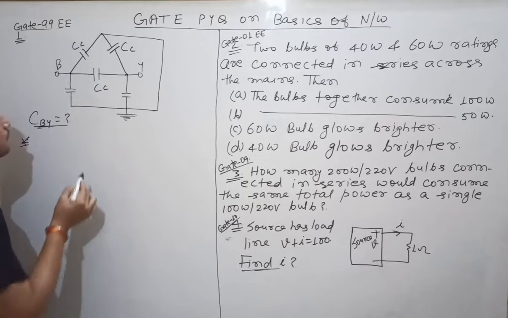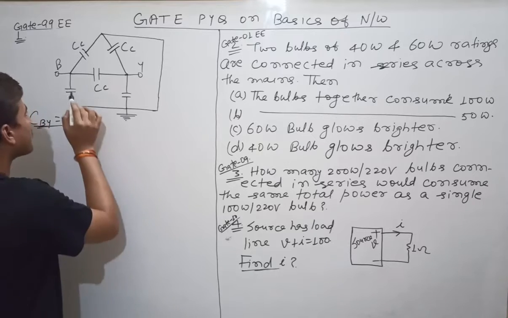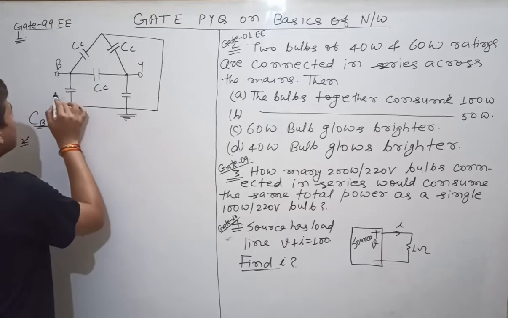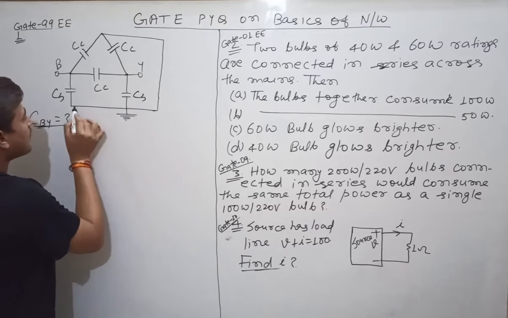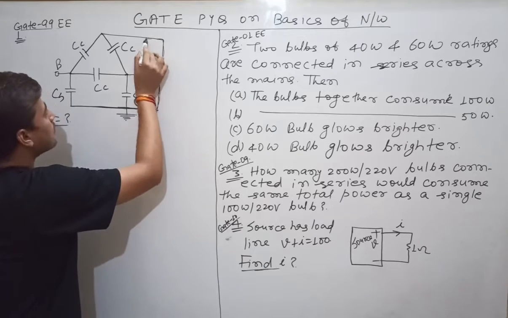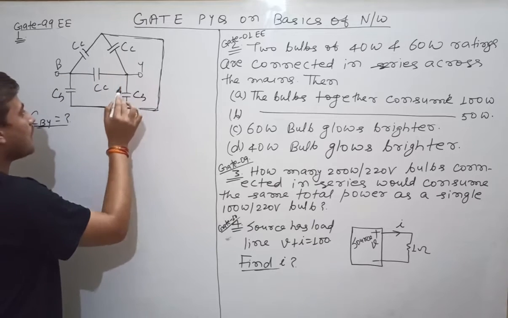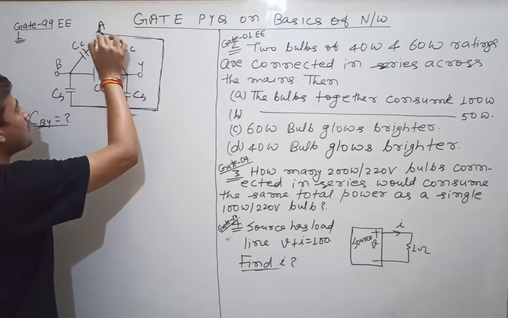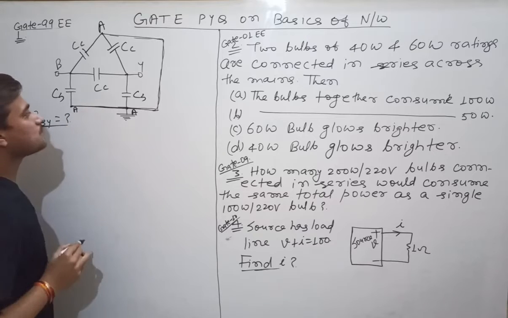Come to the solution. We see that the circuit is given. This is B, this is Y. Now we see again here this capacitor is CS. Now you see that this is the ground terminal and you see that this ground terminal is common to this terminal also. So we have B terminal, we have Y, and let us give another name, that is A terminal. This point is A, this point is A, this point is A, this point is A.